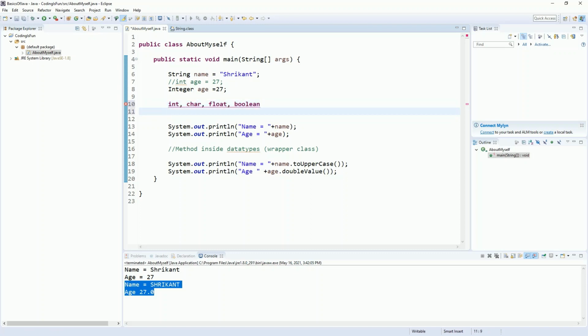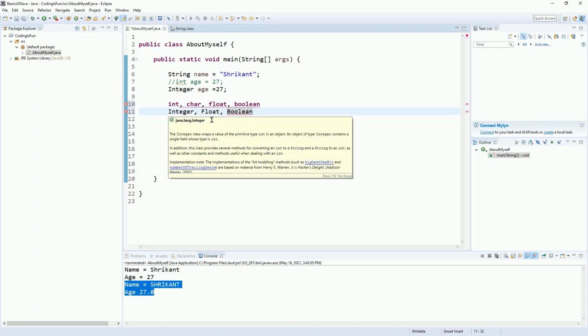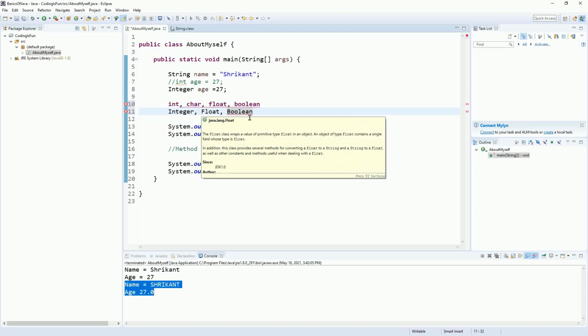If I use Integer, Float, Boolean, now you can see that it is a Java class, it is a Float class, it is a Boolean class.